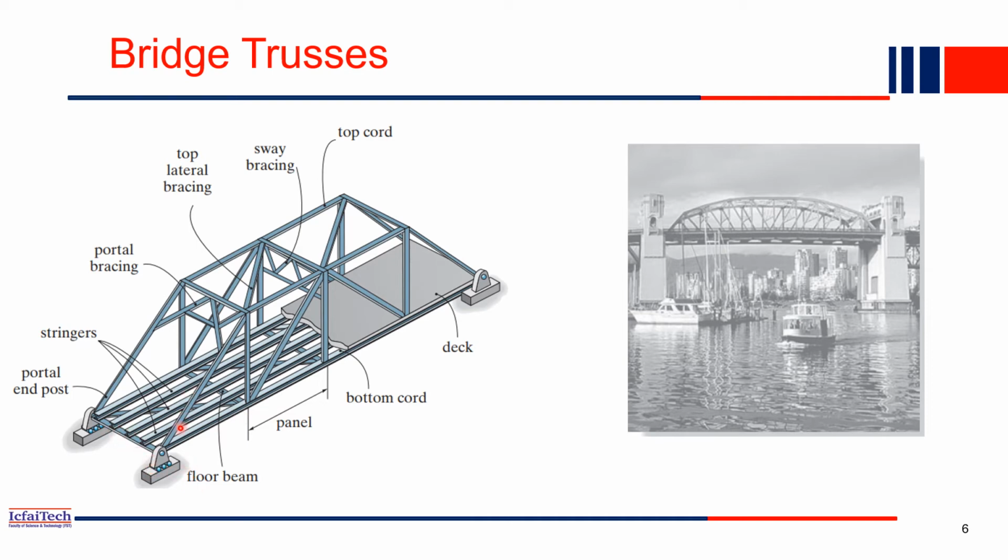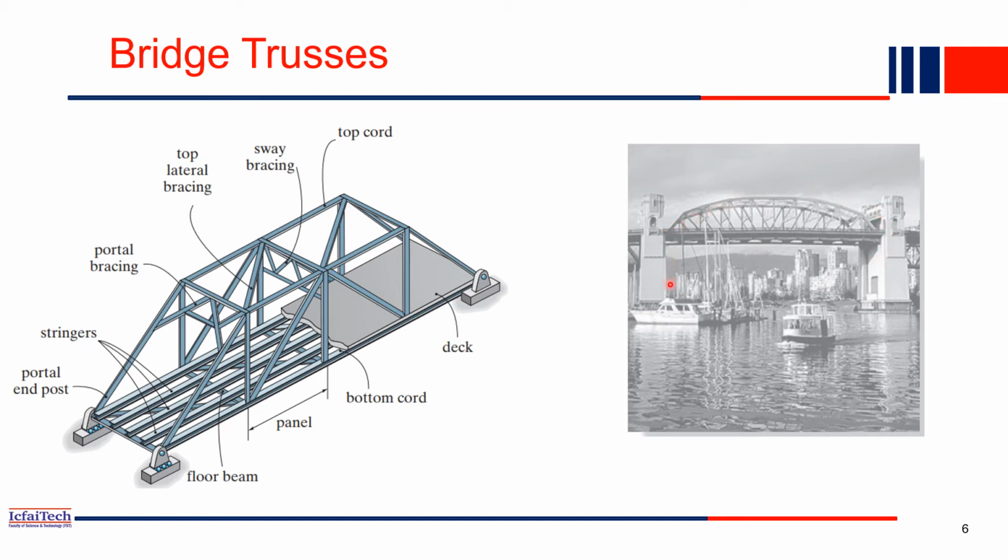In a truss, you see different types of elements. For example, you can see that portal bracings are there, then inclined bracings will be there. All these bracings are provided to increase the stability of the entire truss. Sometimes, in Howrah Bridge also, you will find the suspension cable. Above the suspension cable, they normally construct this type of truss. Here you can also see a real life picture of a truss.